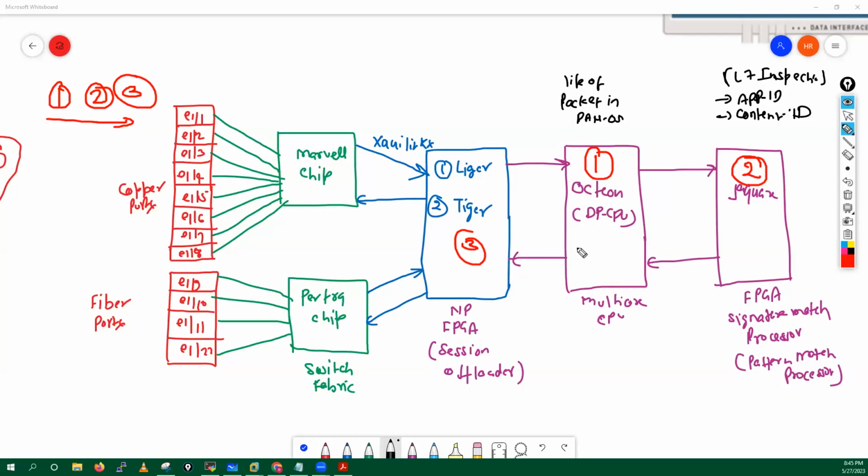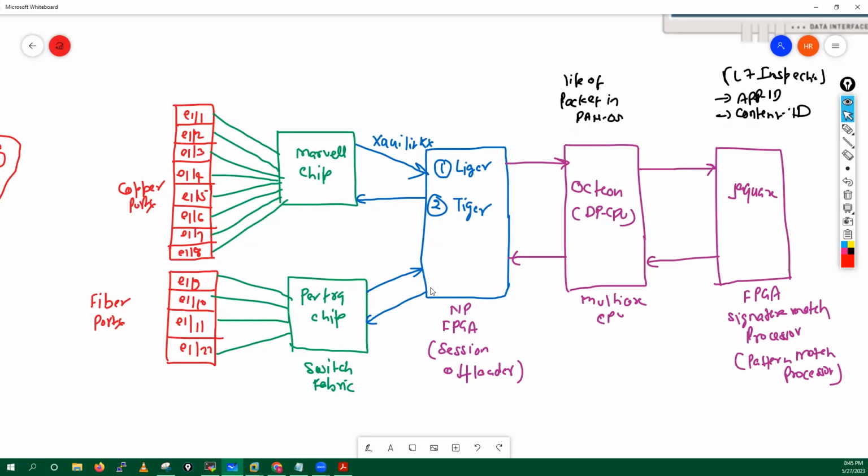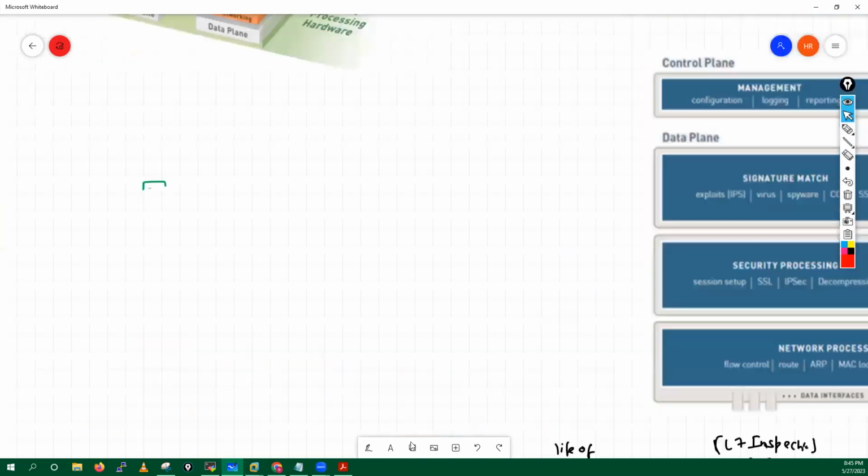So are you guys able to follow now? I hope you got the parallel processing architecture of this Palo Alto firewall. This is the parallel processing architecture, guys. And one more thing you have to remember, because of that architecture, if you will see,